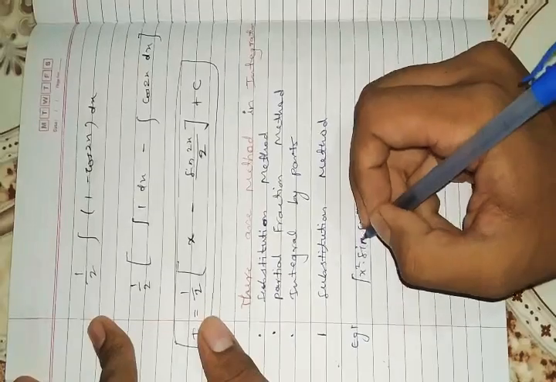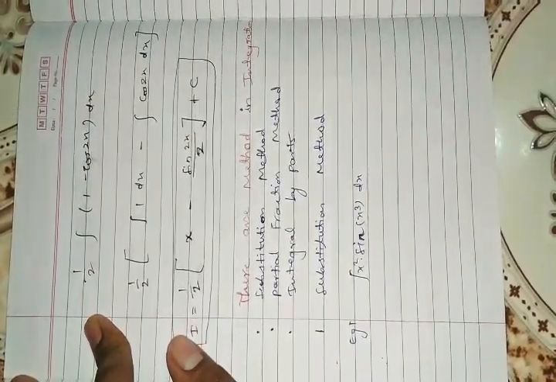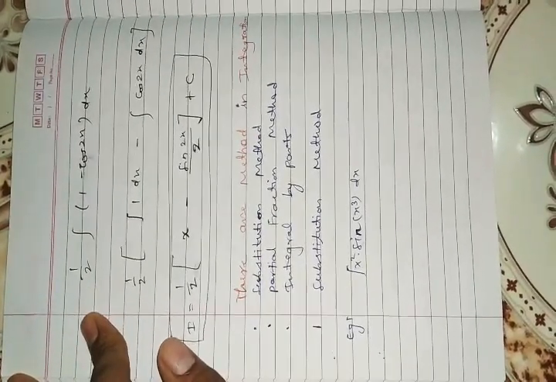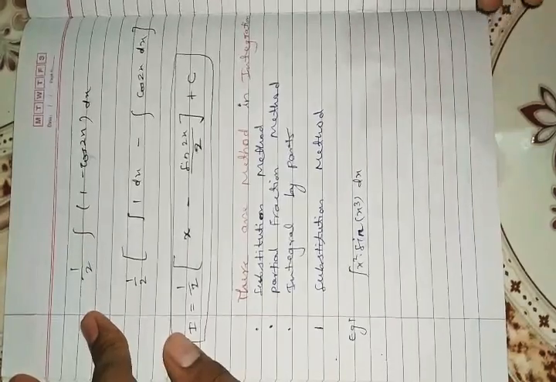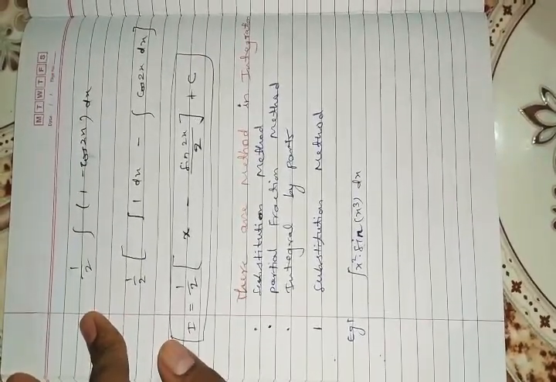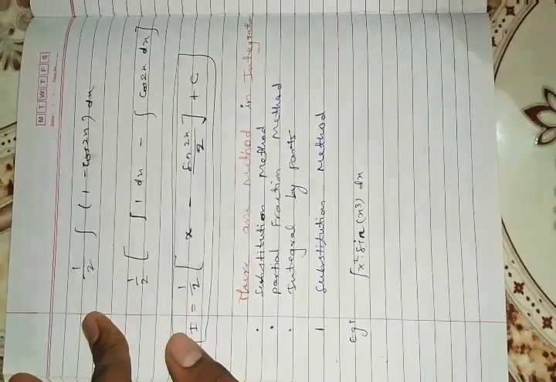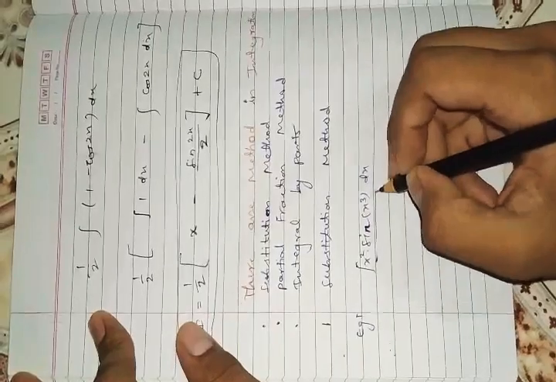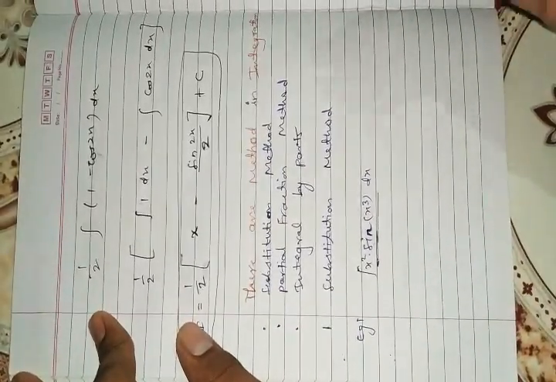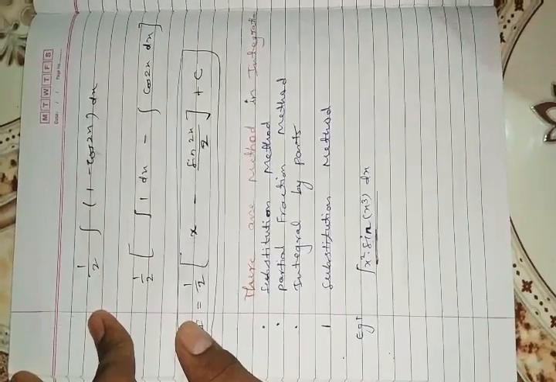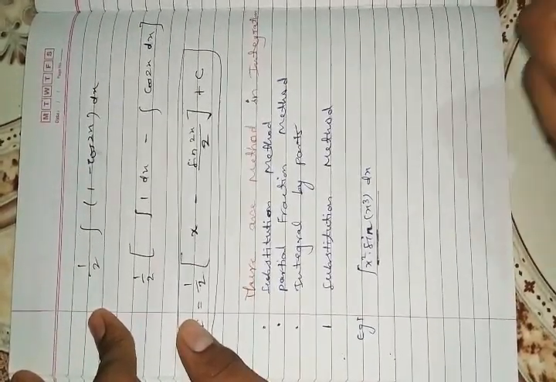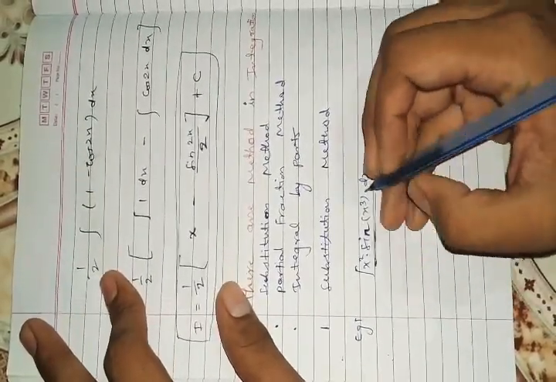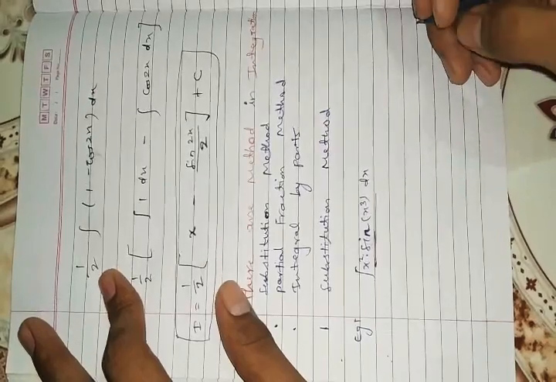Can we solve this by simply using the standard formula? What's your answer? I will say no. There is no direct method to solve it. But we can solve this function by using the substitution method. And this is a composite function. It contains 2 functions, so it is called a composite function. So let me explain it briefly so you will be able to solve this. So you know what is the derivative of x cube?